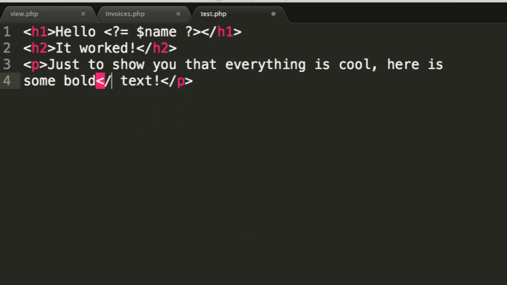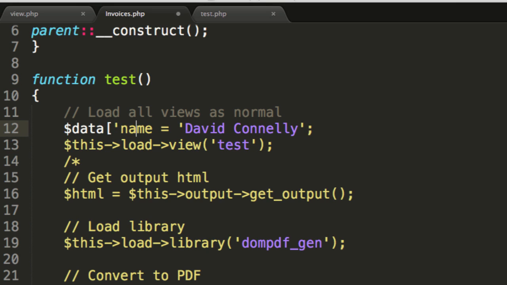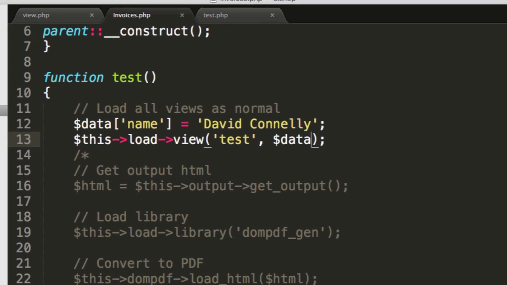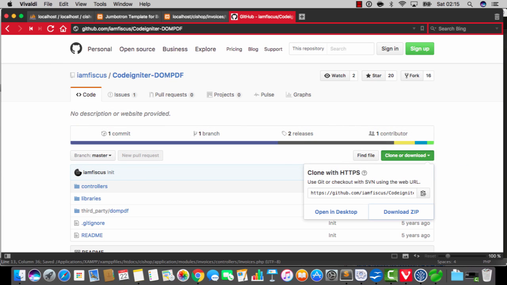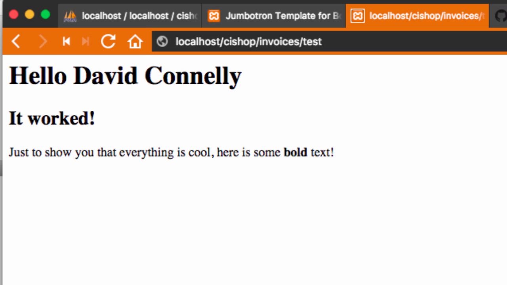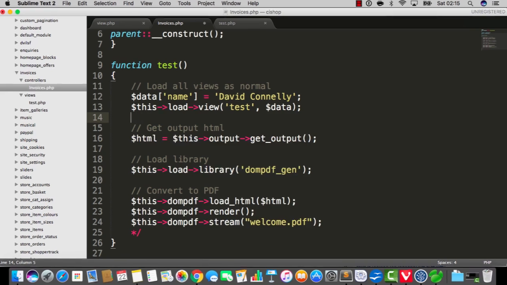Okay, so if we do some ordinary HTML here, notice it's just ordinary HTML. I've even passed a variable in. Everything is very normal here, right? If we make that name part of a data array like so, and then pass it in, this is very normal, and as you would expect, it does something like that. Okay, so to turn this into a PDF, all we have to do is uncomment this here